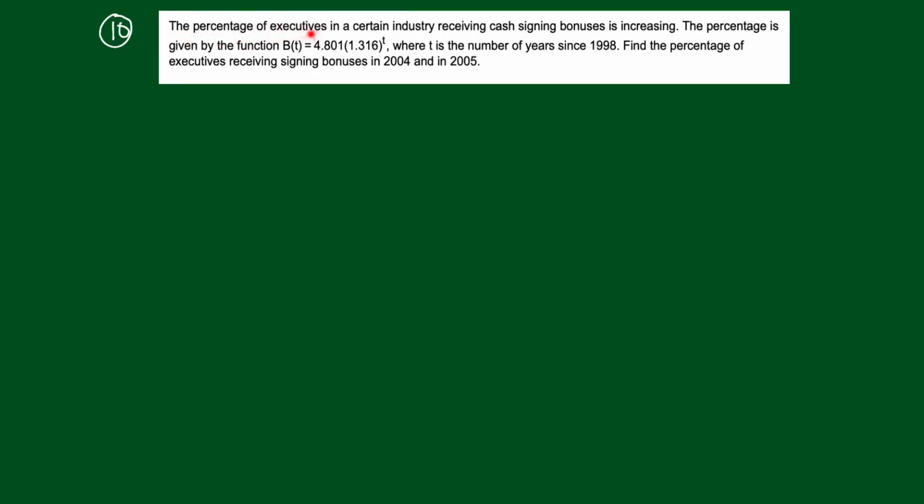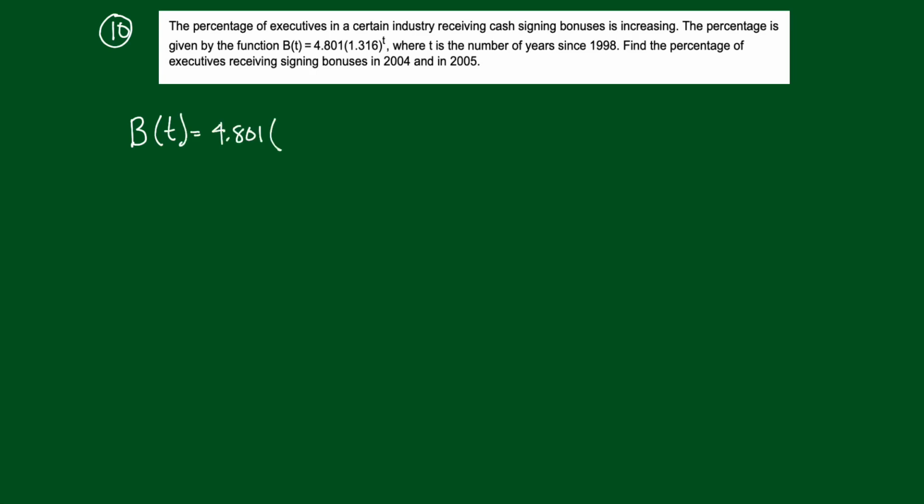The percentage of executives in some industry receiving cash signing bonuses is increasing. All right, so I know it's going up, but it just says it's increasing. I don't know if it's going up linear or like this or like this. It just says it's going up. But now it says the percentage is given by this function right here. So I'm going to write that function. It says B, I guess that's for bonus, signing bonus. B of t is equal to